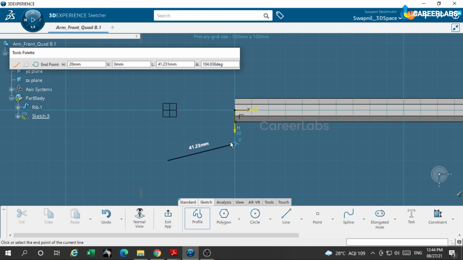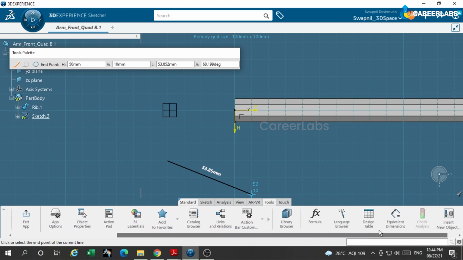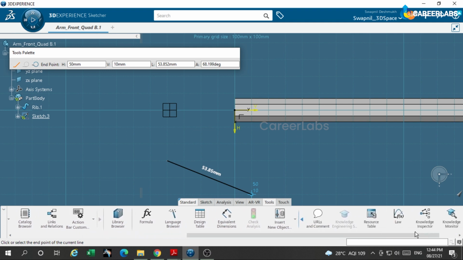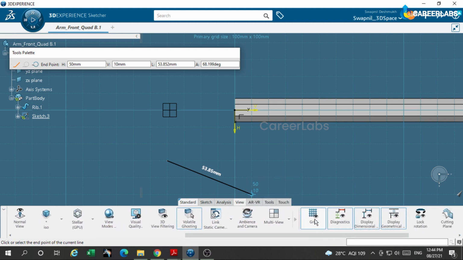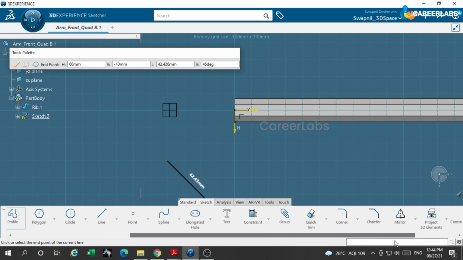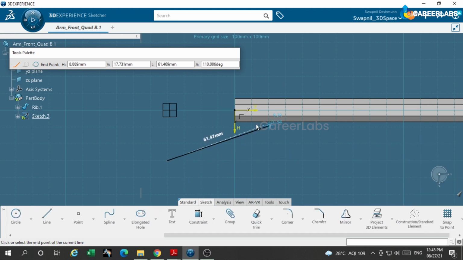Now it is snapping the points, so I need to change some settings here. Snap to point, I have made it off.